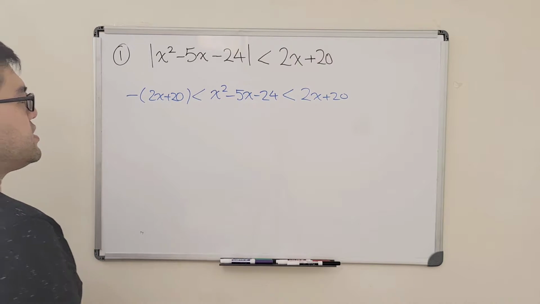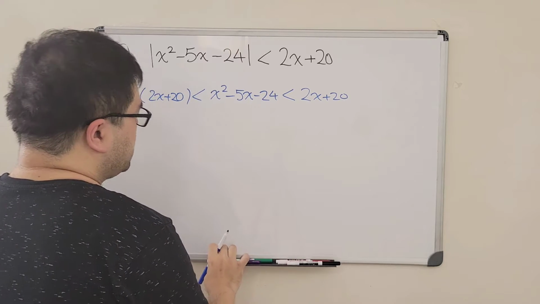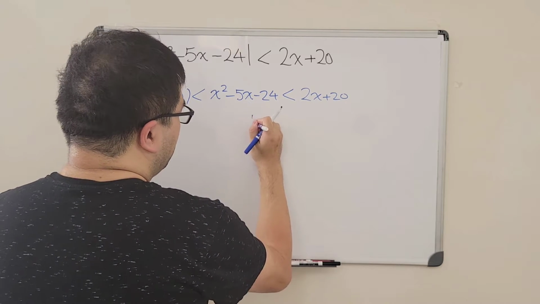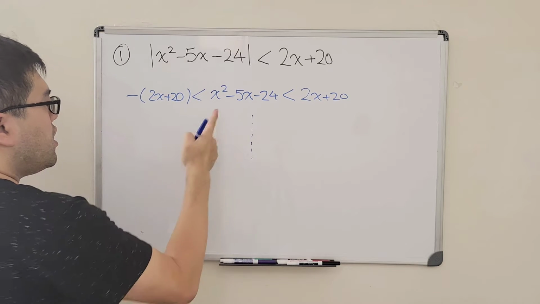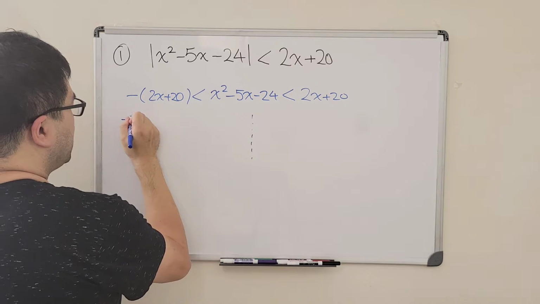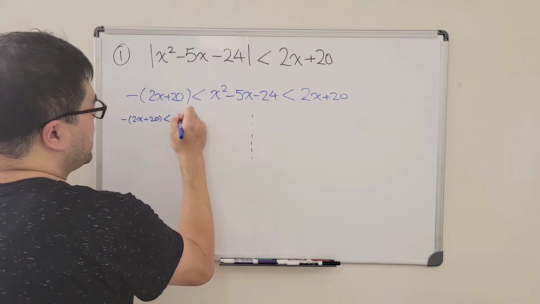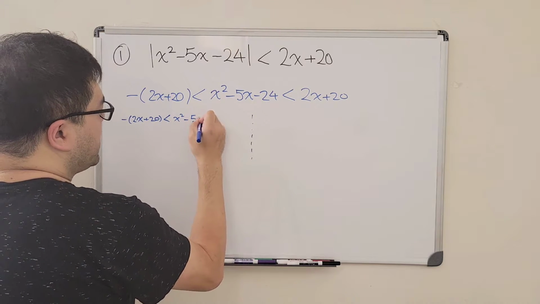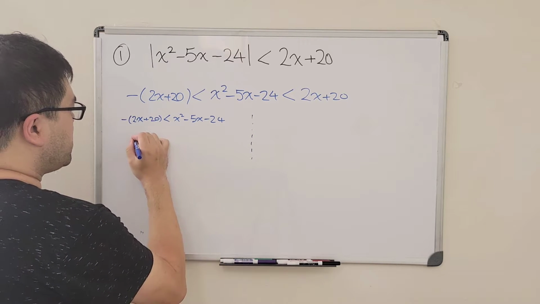Then in this case, we will get two inequalities, and we're going to solve each one individually. So on the left hand side, we get negative of 2x plus 20 is strictly less than x squared minus 5x minus 24, which if we simplify it, we get